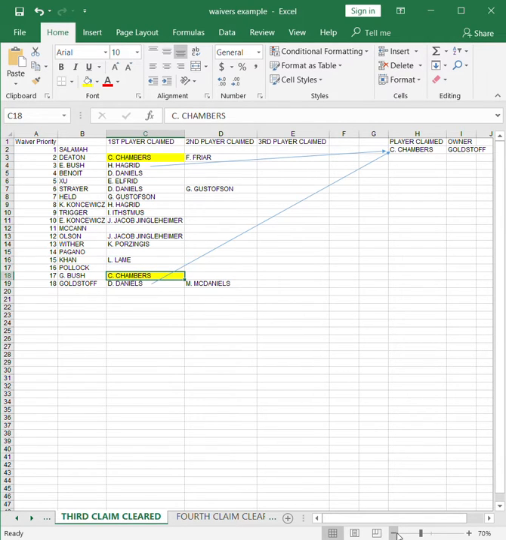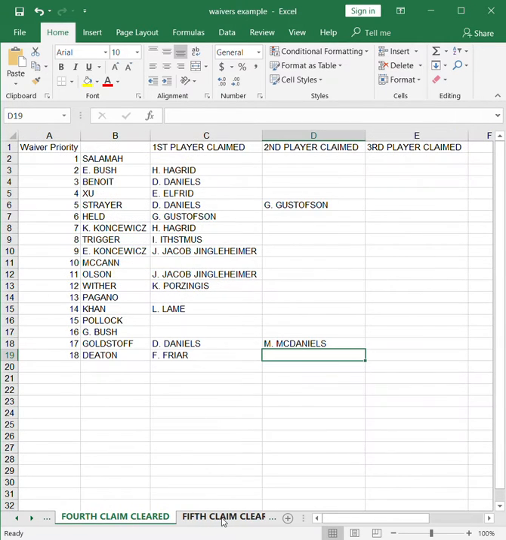Nobody will be in Gary's first spot anymore because he has nobody down here in his second, third, fourth, etc. So now we go on to the next claim. It's Hank, because Ahmad does not have anyone claimed still. It goes to Hank. Hank puts in his claim